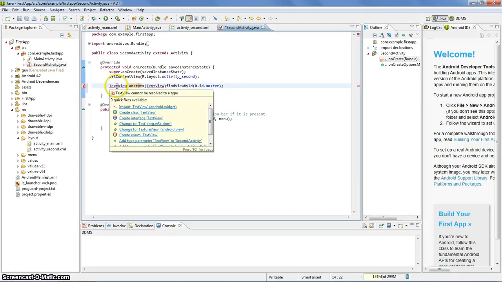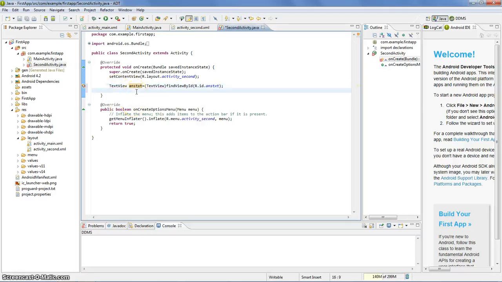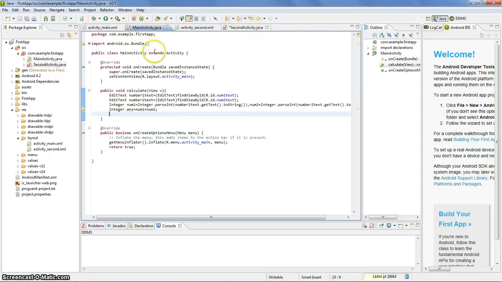text view, which you need to import, and we don't have a value to place in it. So we're going to get the value from this main activity. Before we do that though, we are going to need to rearrange this code. So let's just copy that, paste it into here,